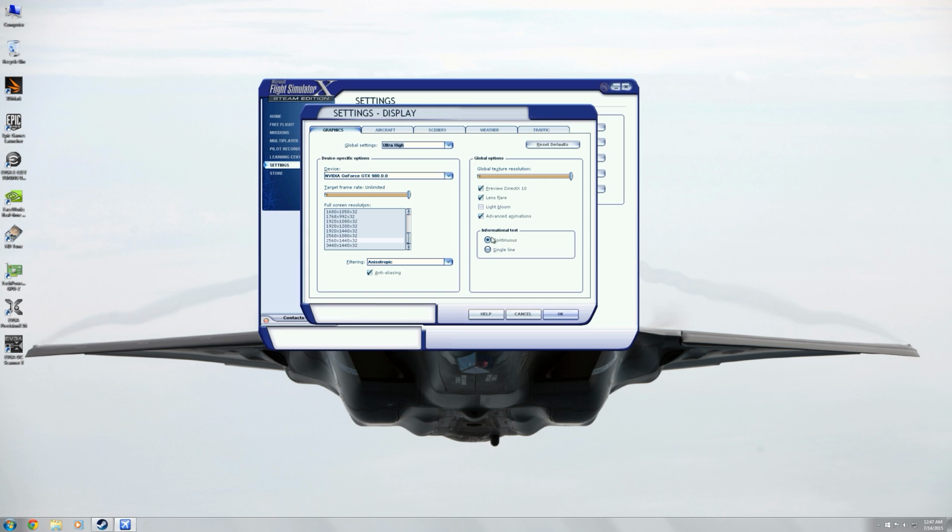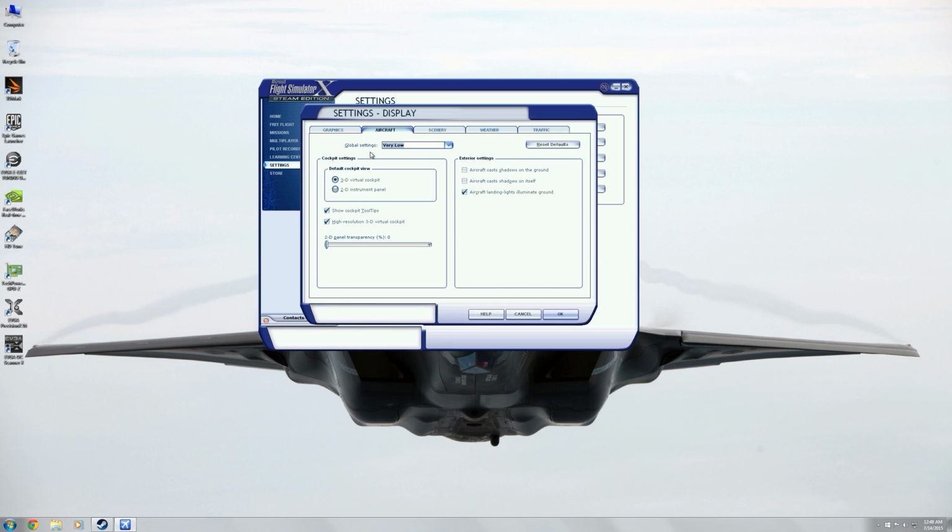And then informational text, whether you'd like for it to be just one single line, such as when you're listening to the ATIS or the Automated Terminal Information System, whether you'd like for it to scroll across your screen from right to left, or whether you'd like for it to just display in a single line. On the aircraft page,